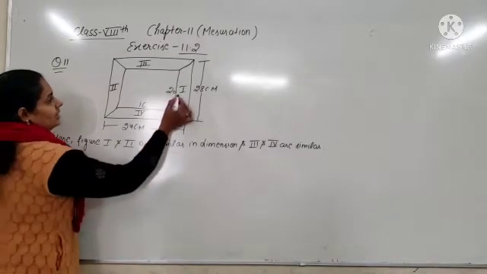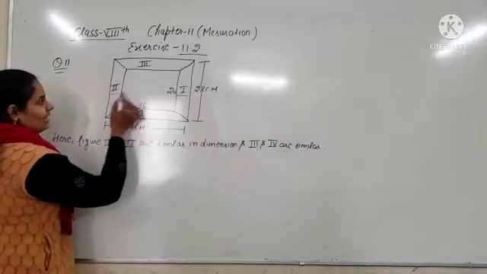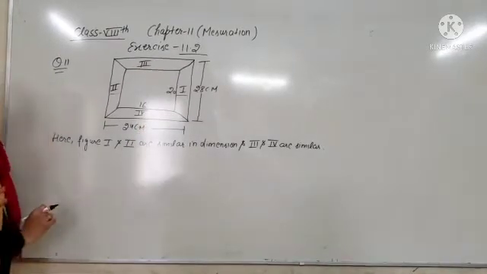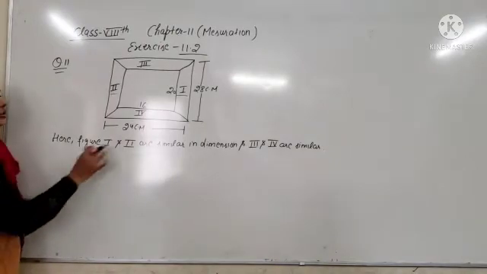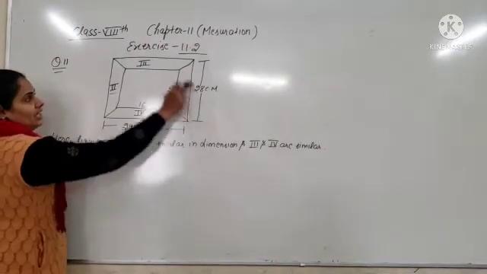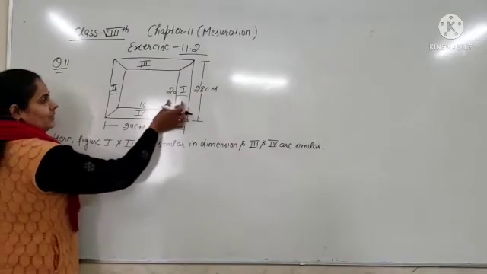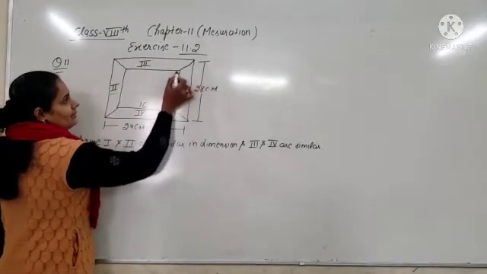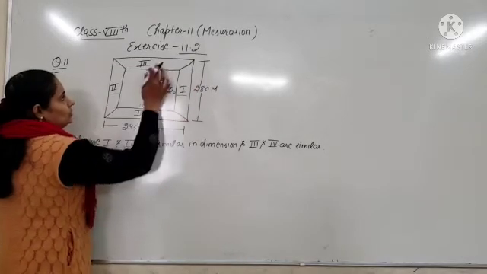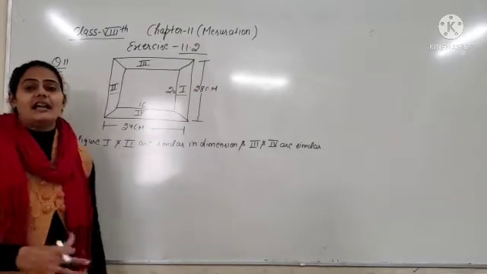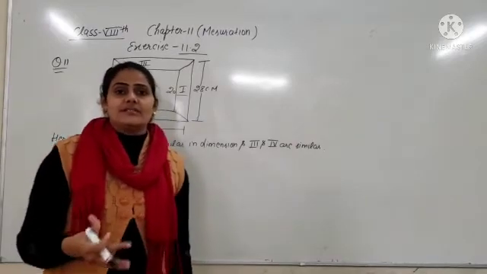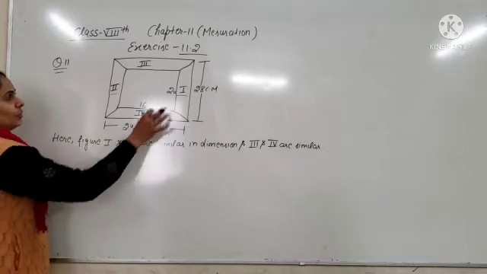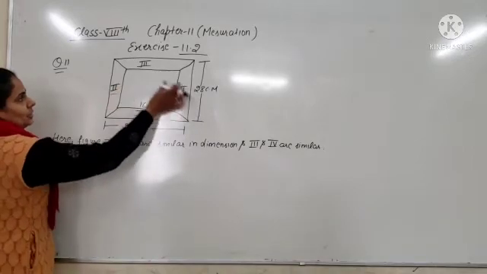So you can see this one part and this one. First and second figures are the same, and third and fourth ones are also similar. Okay. So first of all you have to find out the area of the complete figure. You can see in this diagram, this figure 1, 2, 3 and 4. This is like a trapezium. So you will find out the area of all the four figures 1, 2, 3 and 4.